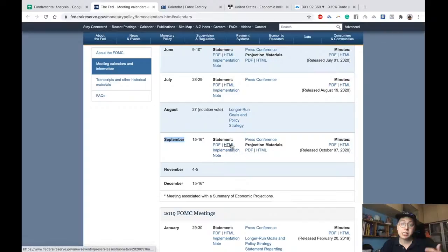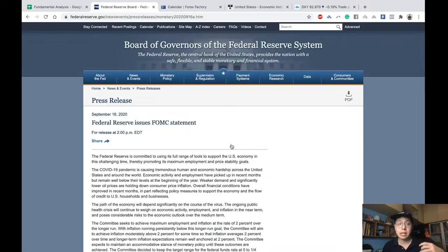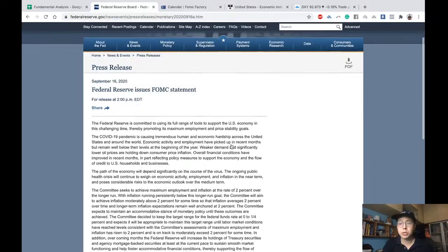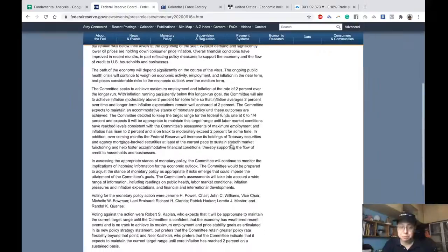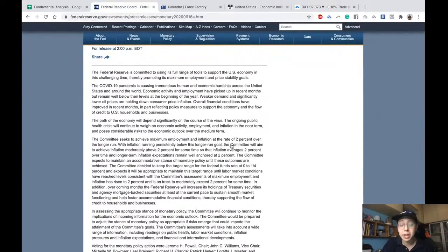I just click into this HTML statement, and it brings me to the page where I can see the latest FOMC statement, which is the Fed statement. Before we jump into the details, just take a look at this text. It's only about 1 page. Honestly, it's not that long, and this is not only the Fed. Every central bank statement is pretty short. Your role here is really just to give it a read to understand a little bit about it, and you will have much better clarity when you trade that particular currency.